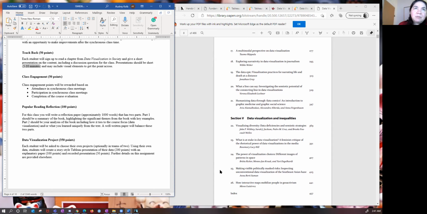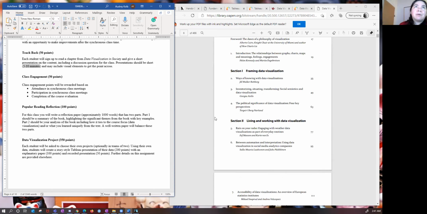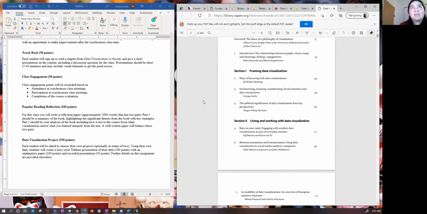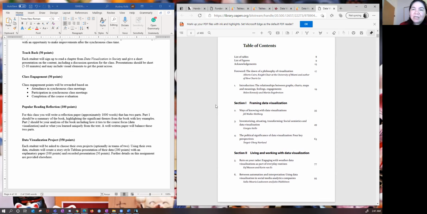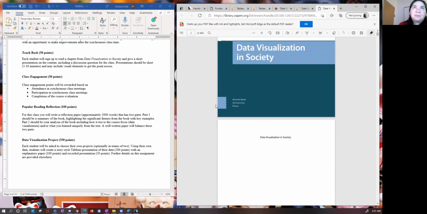So the tail end of the book is very social justice heavy. The earlier stuff is a little more lighter weight. If there are chapters in here that I think are really, really good that no one signs up for, I might actually supplement and provide my own little 5-minute presentation on it, just to make sure that we catch everything from this book that we want to catch from it. So this is really good.